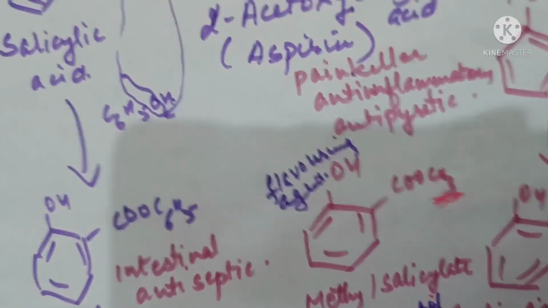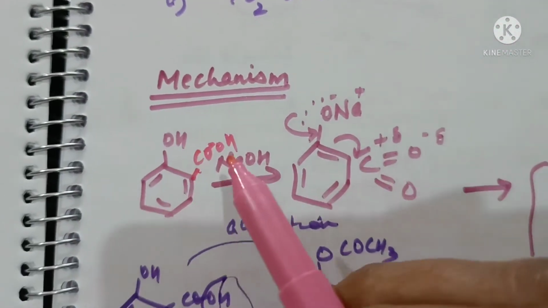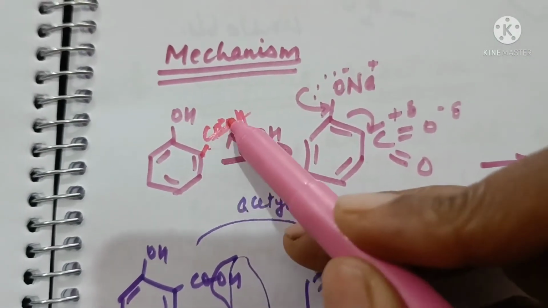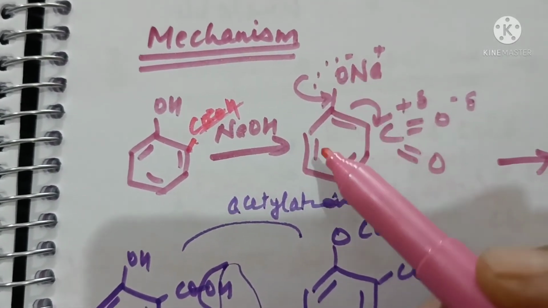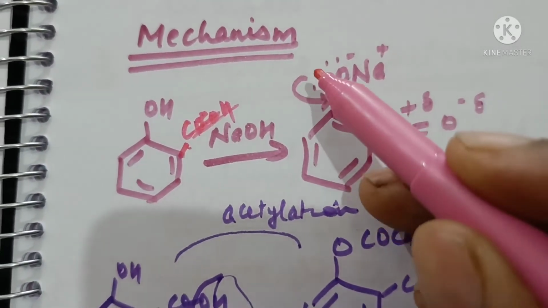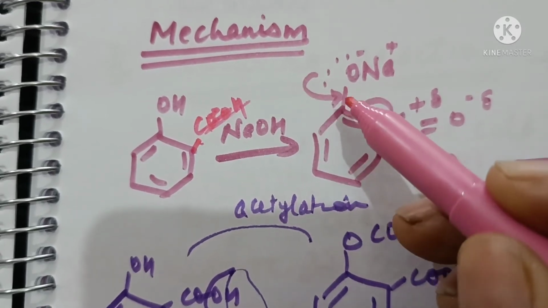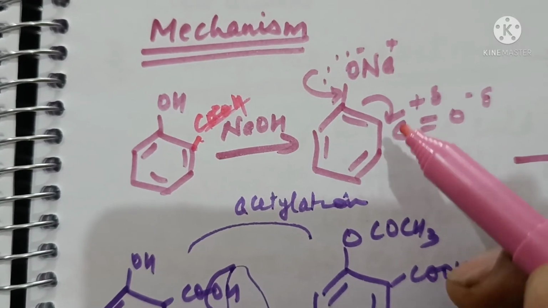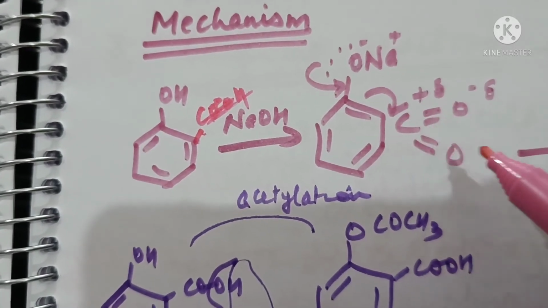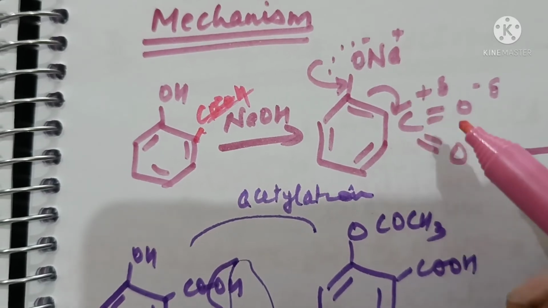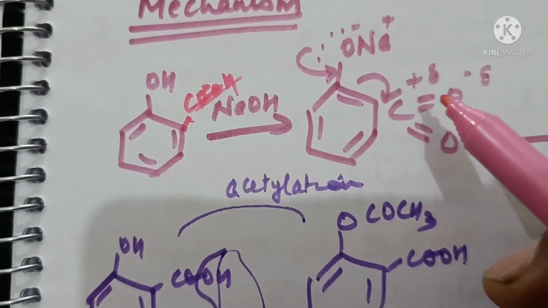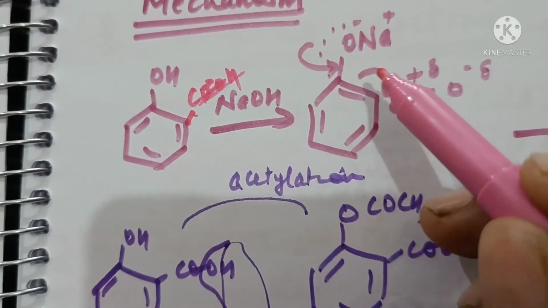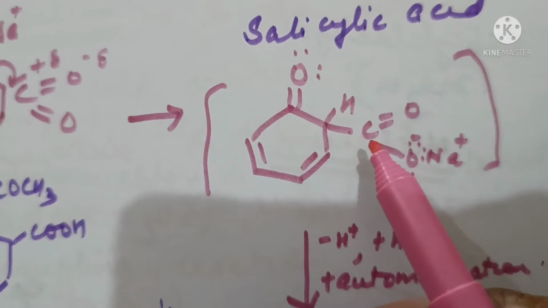The mechanism of this Kolbe reaction is that when we react phenol with sodium hydroxide, sodium phenoxide is formed. Now electron rearrangement occurs. These electrons move to this side. These electrons are attracted towards the positively charged center of carbon dioxide. This positive charge appears because oxygen is more electronegative. It shifts the electrons towards this side and a positive charge is created where these electrons will get attracted and a bond will be formed.